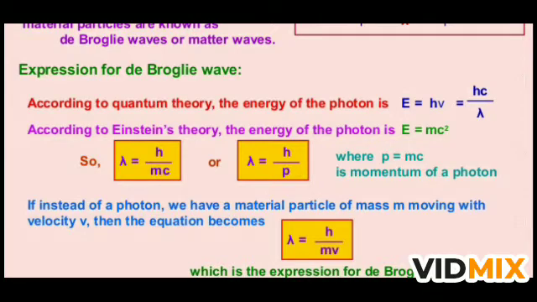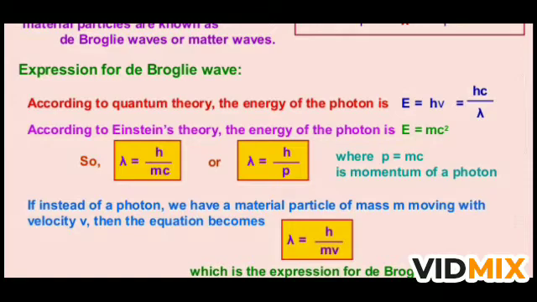So the momentum of a photon is p equals mc because the photon is moving with the speed of light, so we are taking c here in the place of v. It is a similar thing. The linear momentum p is equal to mv, as we had learned, but here we are using c because the photon is moving with the speed of light and the symbol for the speed of light is c.